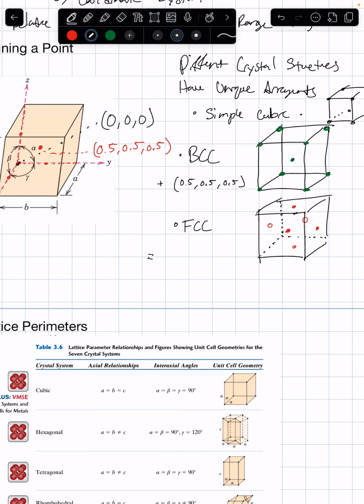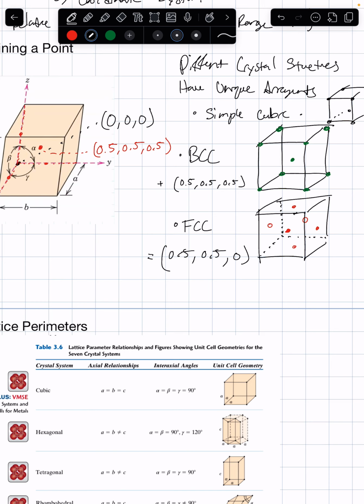points at, let's just say, depending on the face, you have something that's variable, and then you have it could be something like 0.5, 0.5, 0, right? So you're looking at 0.5, 0.5, 0 as your FCC. So now that we understand how those atoms work and how they're positioned, let's talk about how